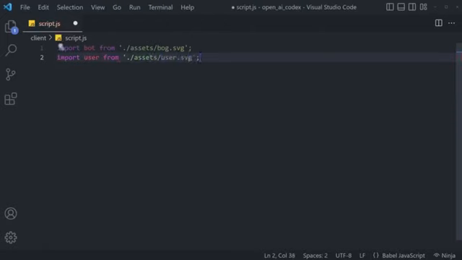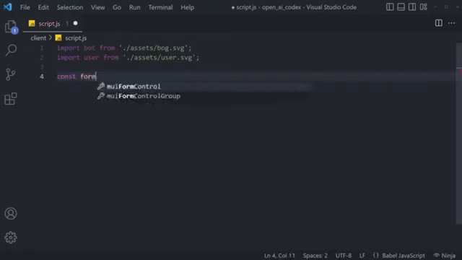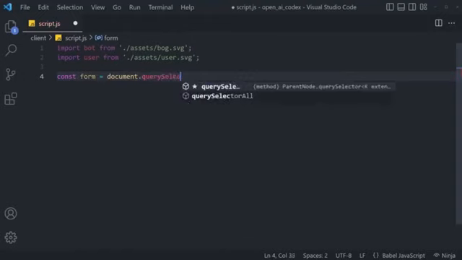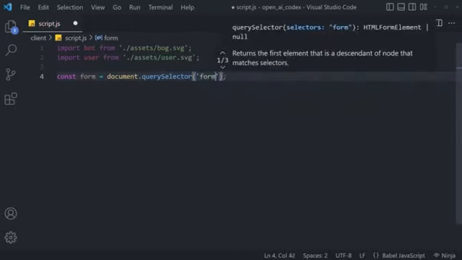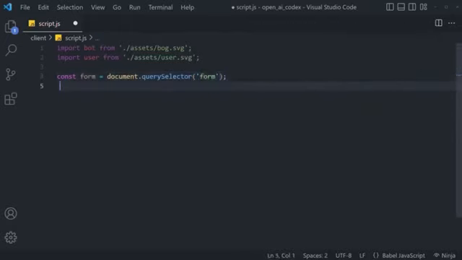Great. Now, we're not working with React this time, so we have to target our HTML elements manually by using document.querySelector. So we can say const form is equal to document.querySelector, and then we call it as a function and provide the ID name, in this case form. We can also do a similar thing with our chat container by saying const chatContainer is equal to